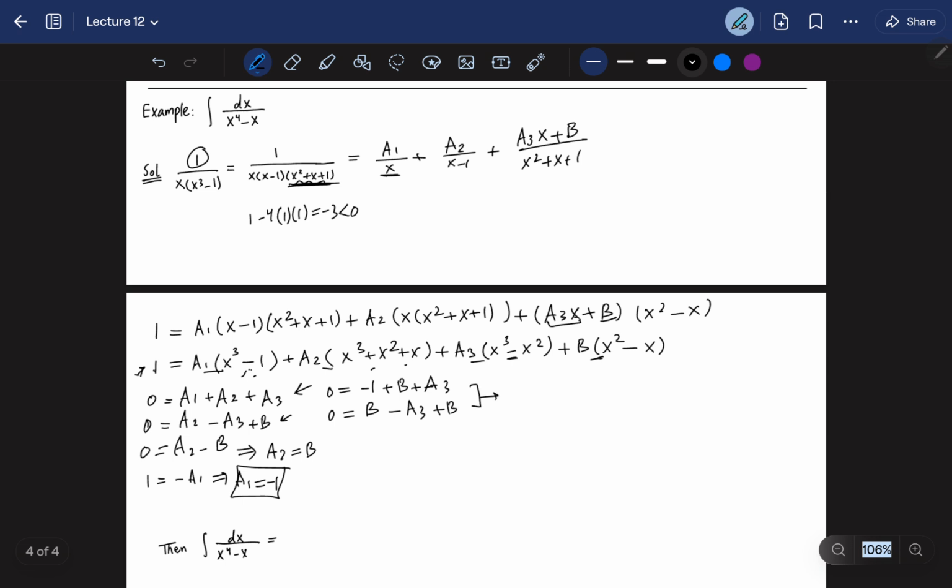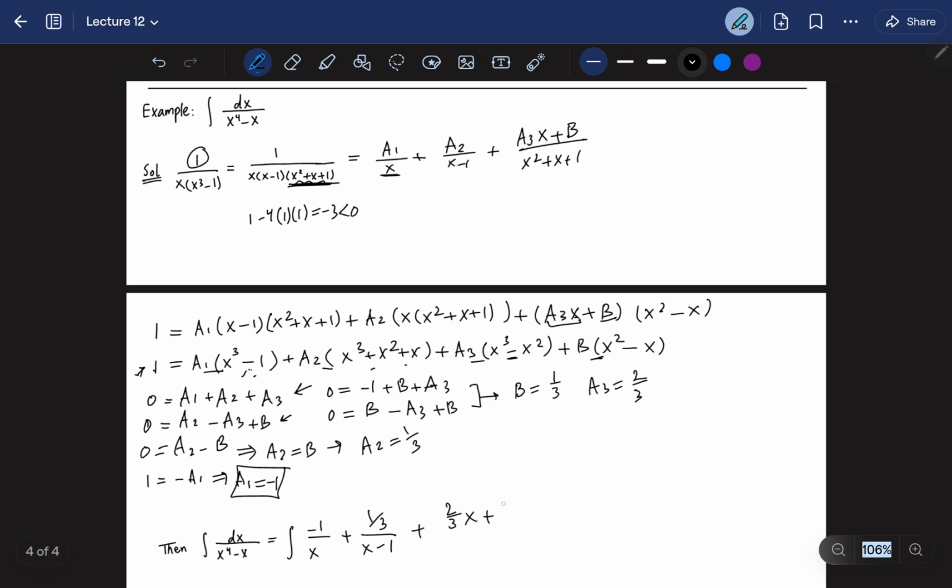So we got two equations with two unknowns, so we can easily solve them. Once you simplify it and do the calculations, b is going to be 1/3, then a3 is going to be 2/3. So here, a2 is also going to be 1/3, and we got all of the unknowns. Let's plug them back in. So now I have the integral of negative 1 over x plus 1/3 over x minus 1 plus 2/3 x